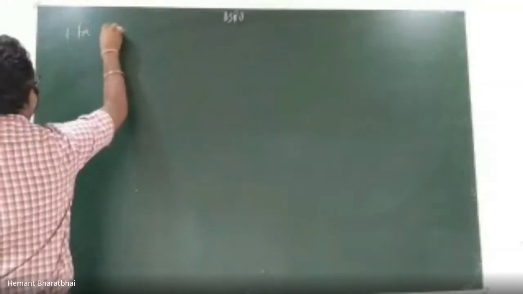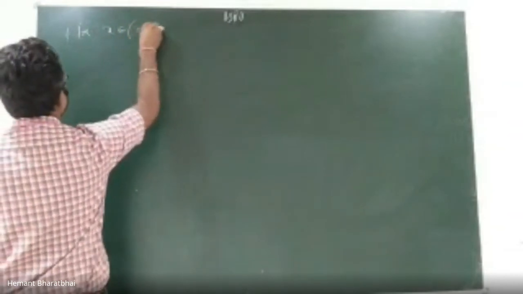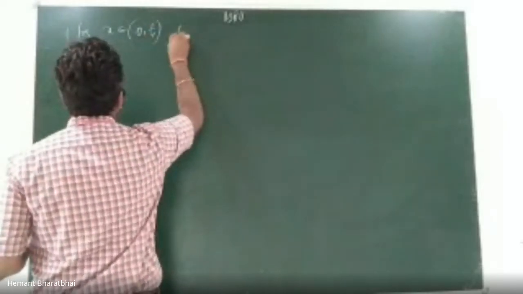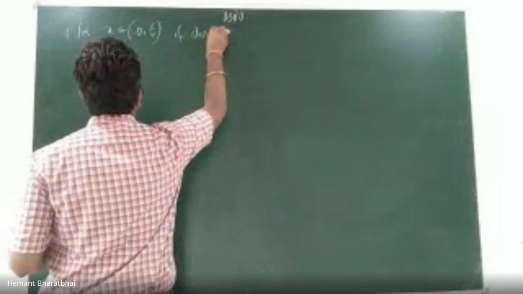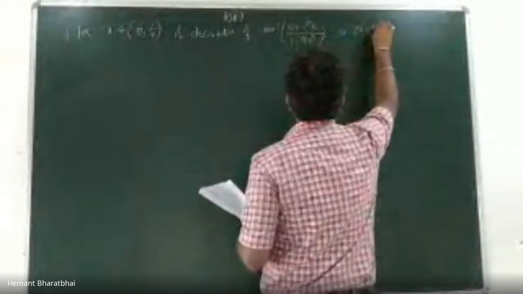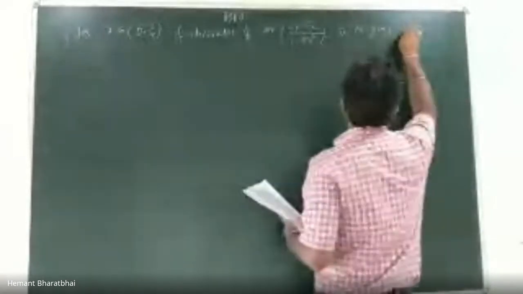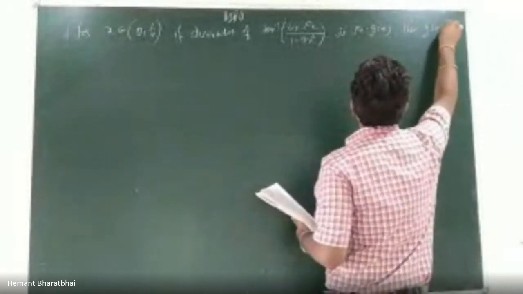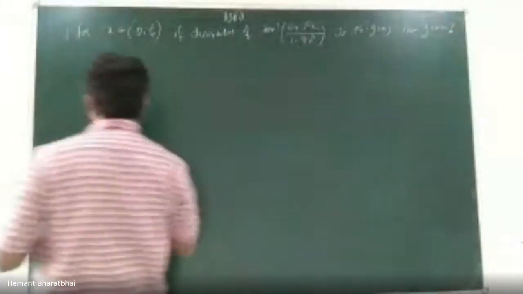So for x belongs to 0 to 1 by 4, if the derivative of tan inverse of 6x into root x upon 1 minus 9x cube is root x into g of x,